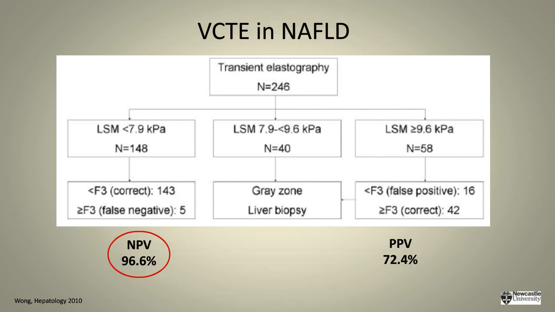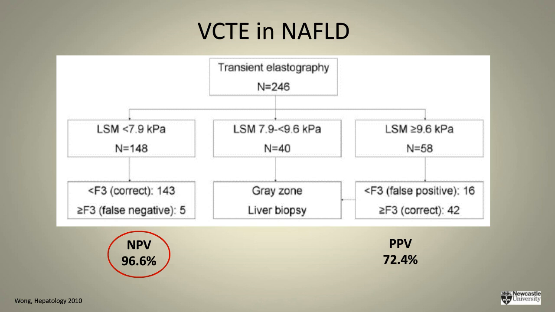Now, comparing this to FIB4 and NAFLD fibrosis score, if you were to look at this data set and say, okay, if you took a liver stiffness measurement less than 7.9 kPa, that ultimately you would detect people with less than F3 disease 97% of the time. And that is exactly what FIB4 and NAFLD fibrosis score does, is it excludes people with F3 and F4 disease with a high degree of accuracy and a high negative predictive value. So comparatively, this study does the same thing. This device does the same thing very, very well.